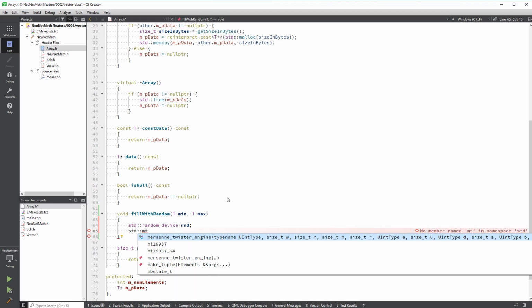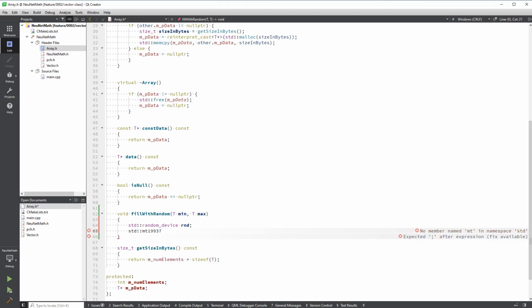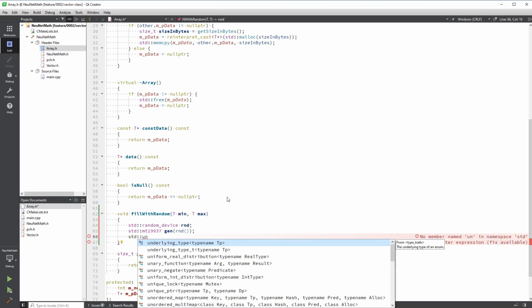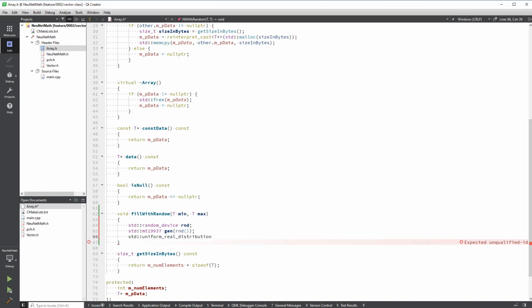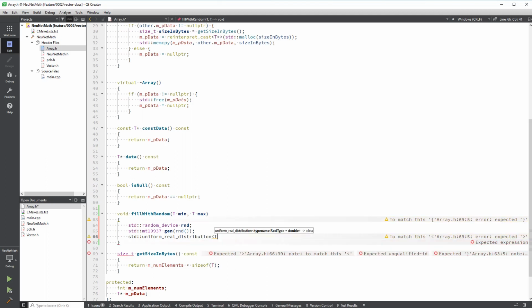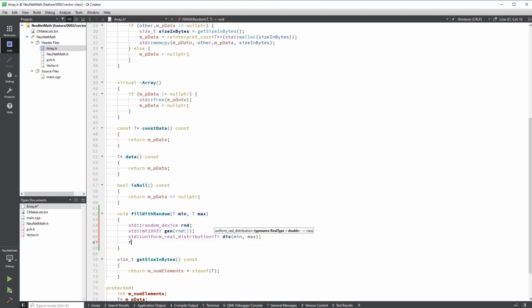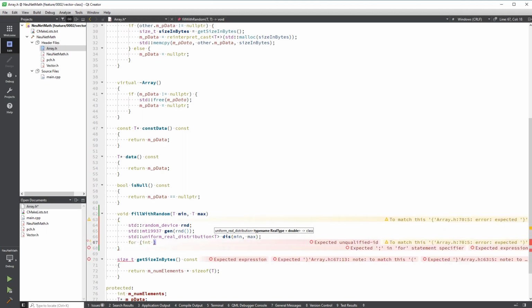So we're going to use the Mersenne twister for generating random values. It's going to be a uniform real distribution from minimum to maximum. So basically for 0